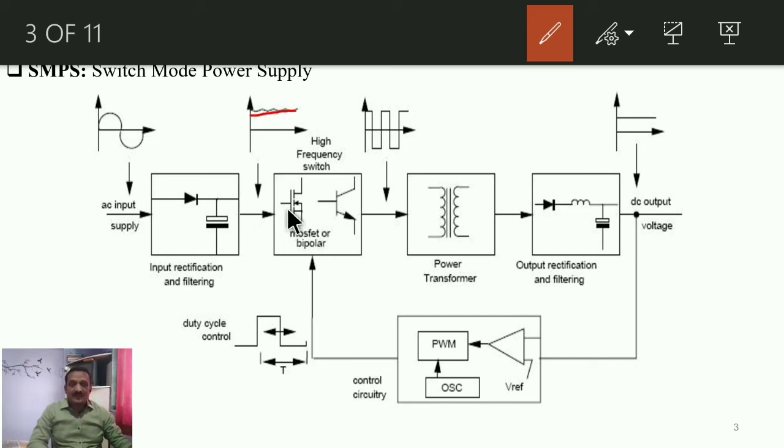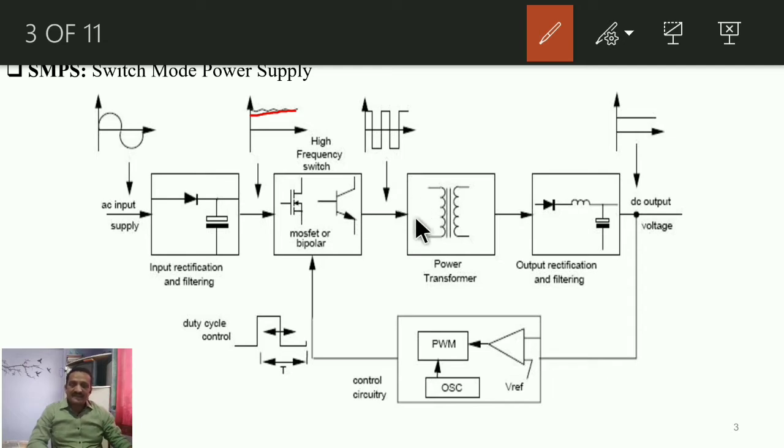That switch may be a MOSFET or it may be a BJT. The controlling terminal for a MOSFET is the gate, and for a BJT it is the base. It is connected to this PWM generator. The output of the PWM generator is connected to the base terminal of the BJT or gate terminal of the MOSFET, that is the controlling terminal. According to this PWM, these transistors either get turned on or remain off, so that the obtained output voltage will be somewhat of a pulsating DC over here.